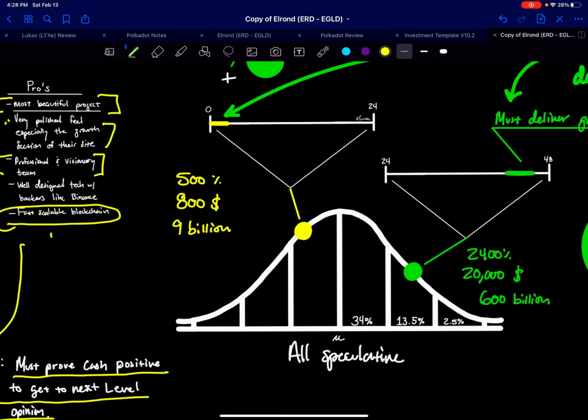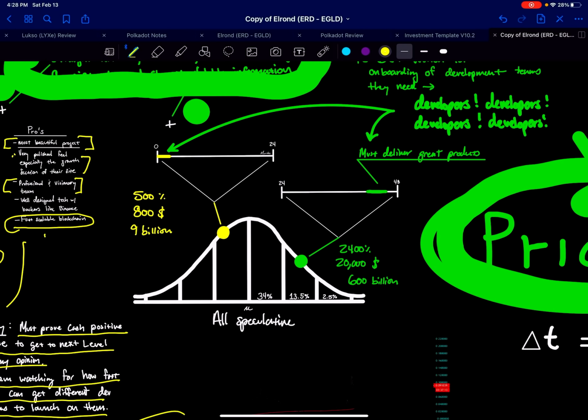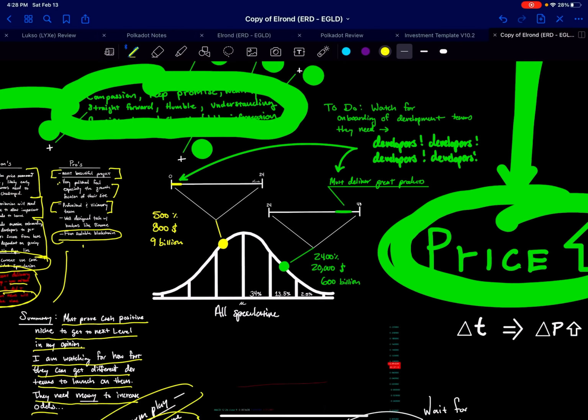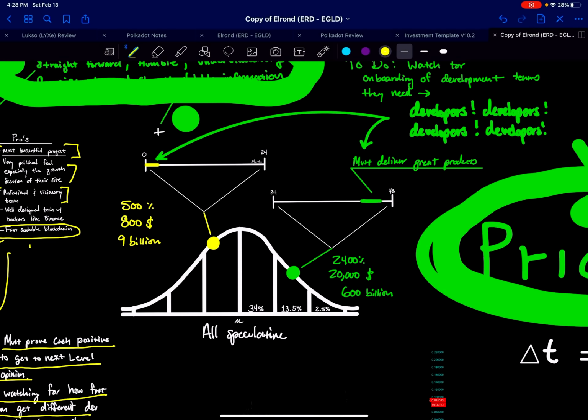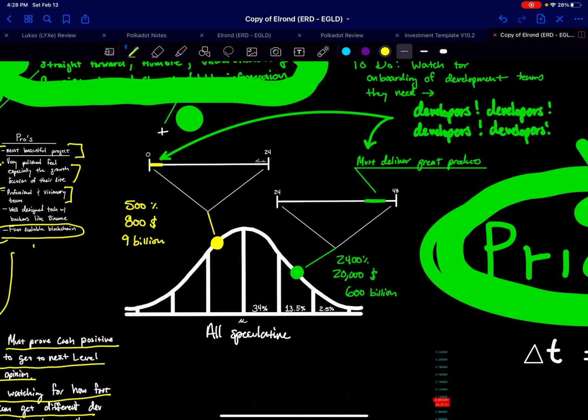However, I do think in the short run, I'm going to hold off from buying this. That is my conclusion ultimately, because I think in the short run, it's still going to perform. I think that there's still maybe a 5x in store for it for this bull cycle. So I do think that it could reach an $800 token or a $9 billion valuation for this particular bull cycle.